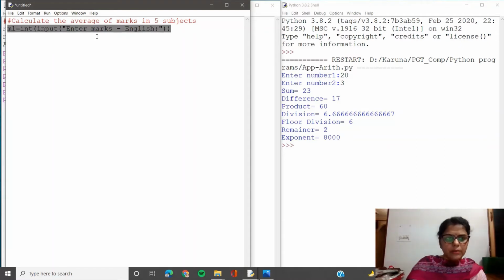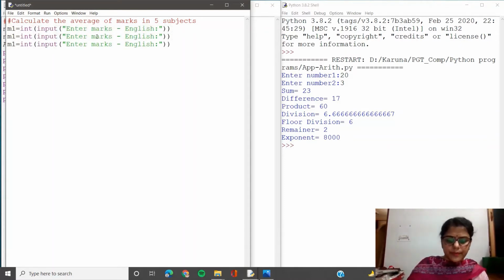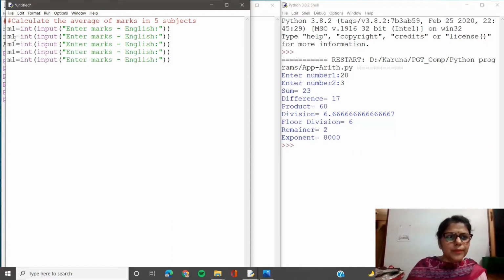I will be copying down this statement for 5 different subjects, M1, M2, M3. These will be the variable names that I give. So I have M2, M3, M4. No, that should be M2, 3, 4 and 5, and accordingly I will change the subject name over here as well.